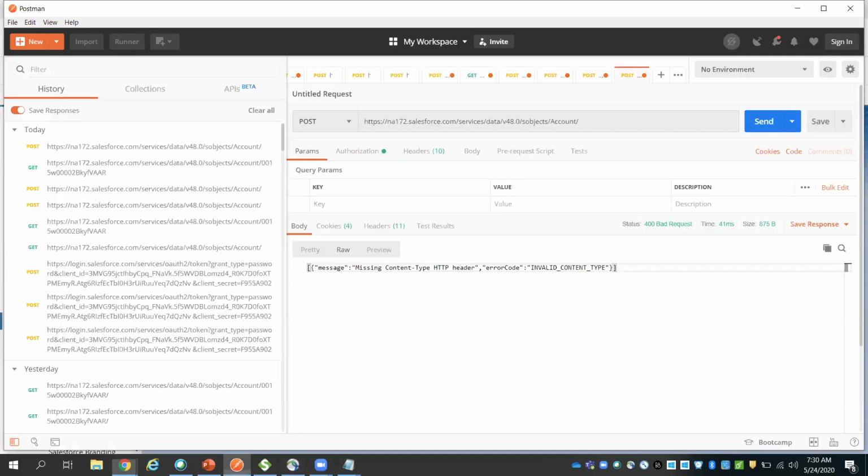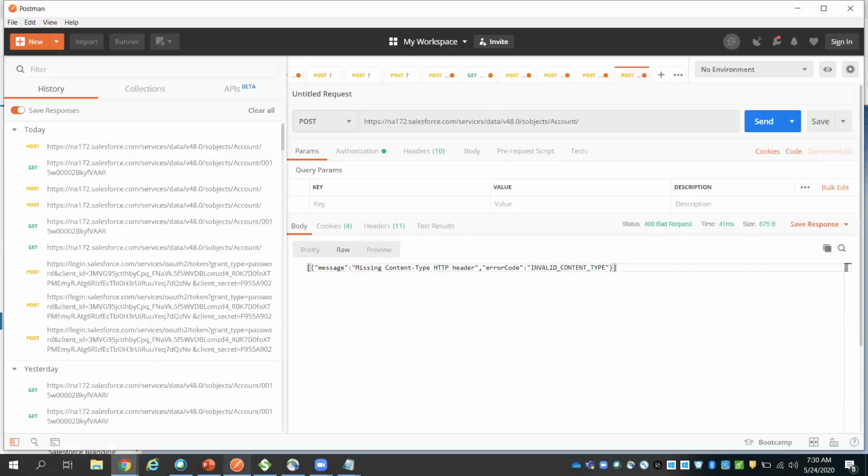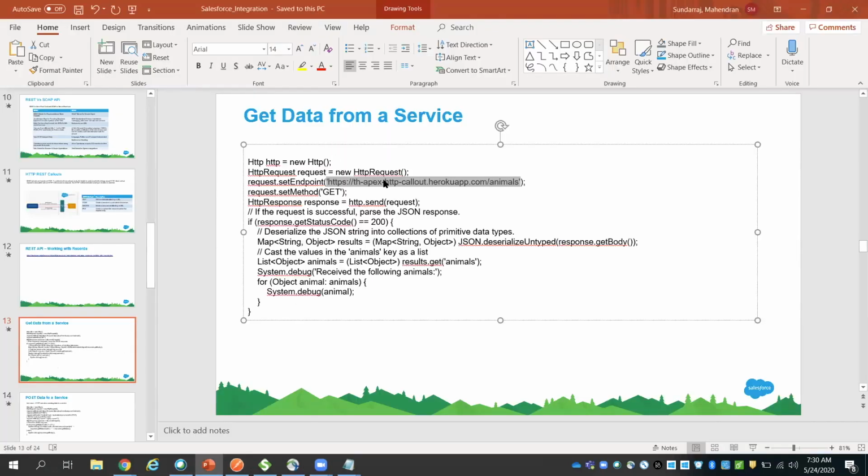For some of the standard objects, you can use the standard HTTP request. But for custom stuff like this, you would need to use some kind of code like this. This is getting data from a service. This is the third-party endpoint URL, and it's a get method that you're using, and you're sending the HTTP request. If you get the data in JSON format, you want to deserialize it, and you will get it one by one. You want to use it in your trigger, or save it in your object; you can write all that logic inside here.